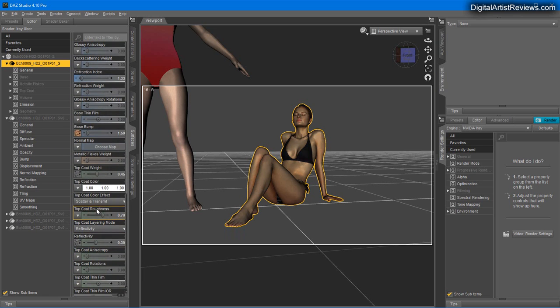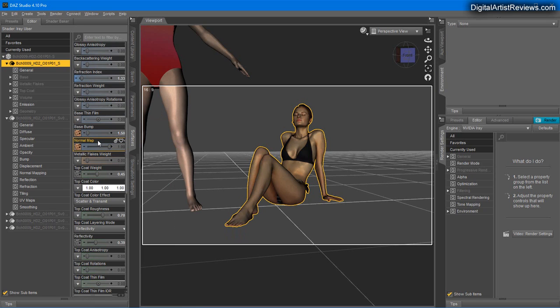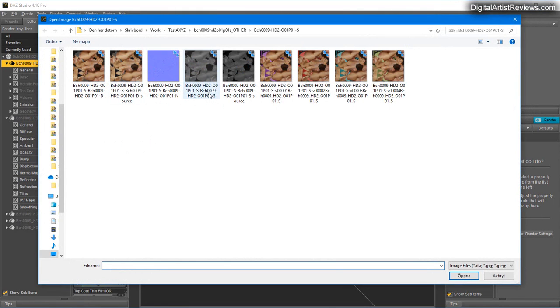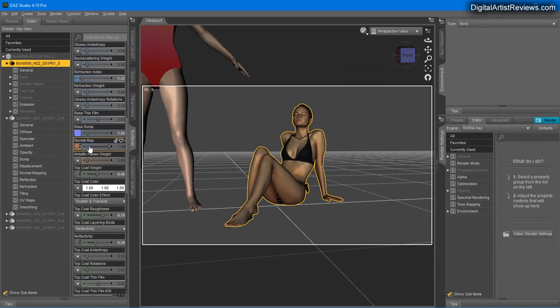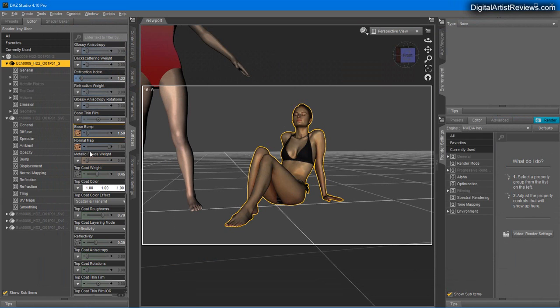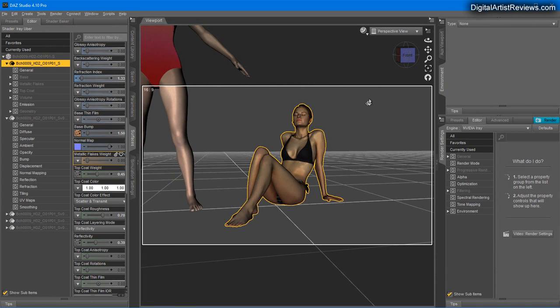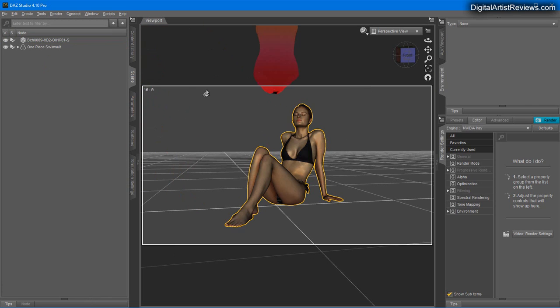And you also want to apply the normal map. So here, I want to click on browse. Or better off, select one of the maps we have available here. And then go and click here again. Click browse now. And now select the normal map, which is this one. That gives extra detail up close. Sorry, that was the base bump. Let me select the normal map, it is over here. And for normal, right? So now I can get rid of the Genesis 8 figure, and we have now the